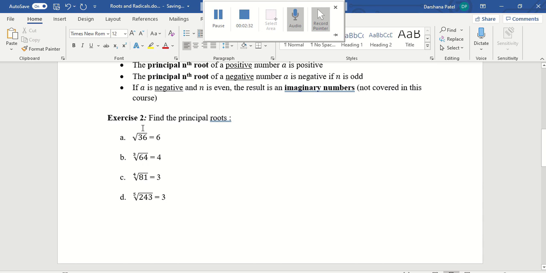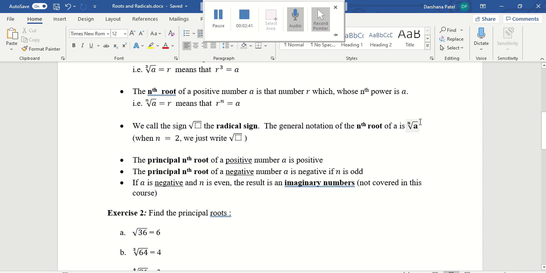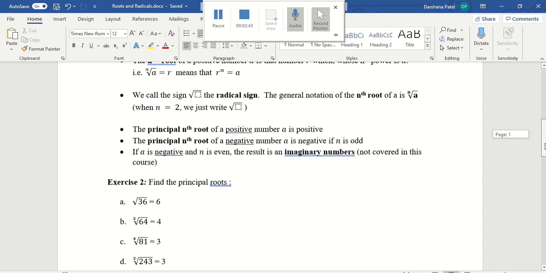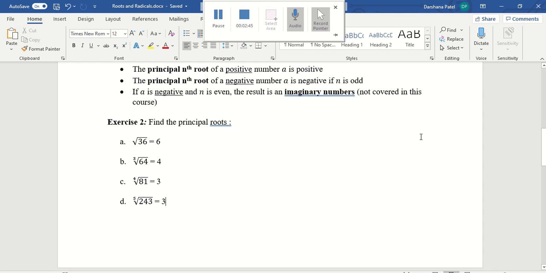Some of these we can do quickly. Some of them we might need a calculator to do for us. If you were to use a calculator, all of your calculators should have a key looking like this, nth root of a. So we will write something like this, 5, that key, nth root of a, 243, press the equal sign,